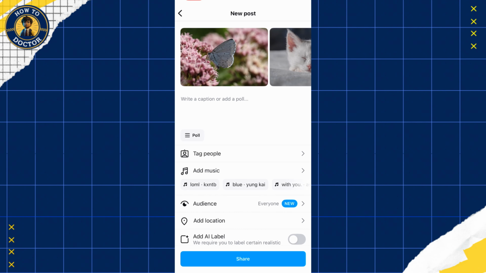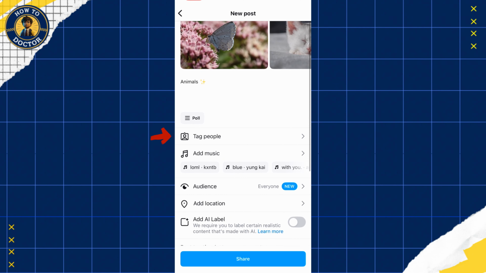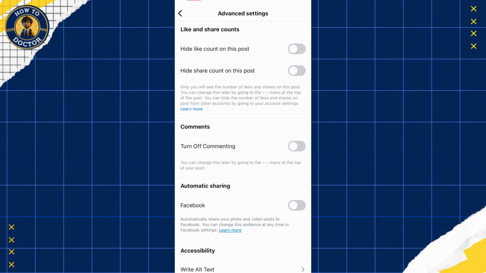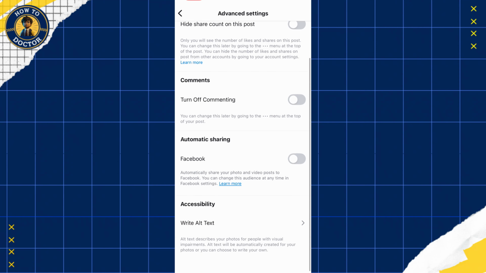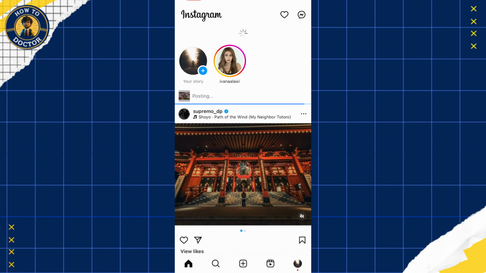Now you can write a caption or add a poll if you want. For now, let's just write a simple caption. Next, you can choose to tag people, adjust the audience of your post, add locations, and adjust the settings of your post according to your liking. Once done with it, then tap the share button below, and now your post with more than 10 photos will